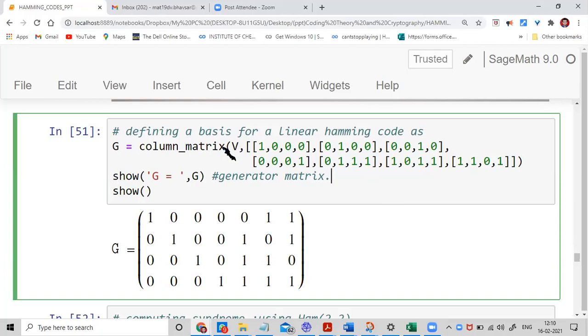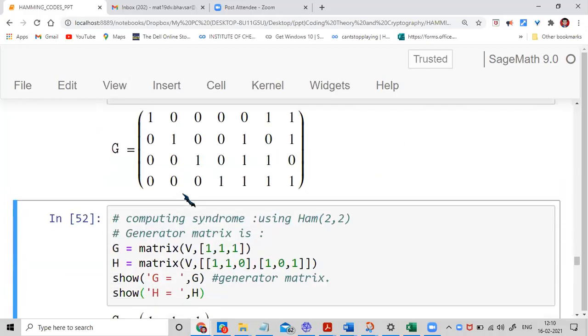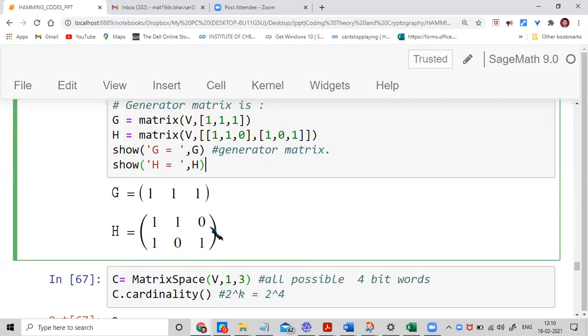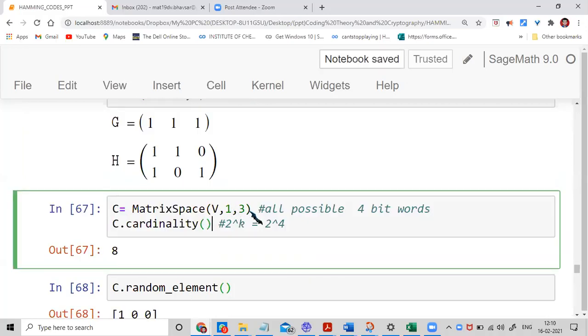So what I did is I am using this thing to define a matrix. So everyone can do this. This is very easy. And after that, I am getting this GH. So there is a function matrix space with which we can define a matrix space. This matrix space I have defined on GF2. GF2 is F2, so all the things are zeros and ones, and it has the order 1, 3.